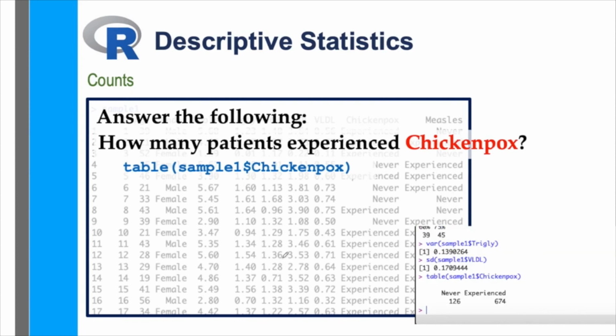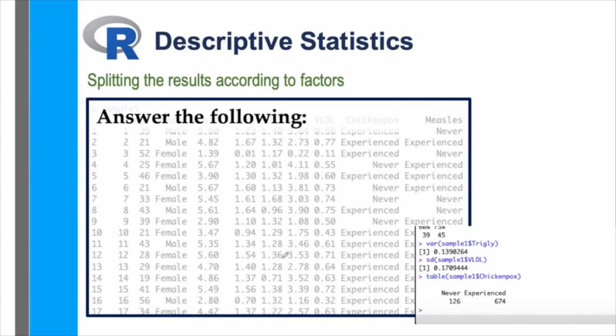So the answer is 674. So again, the table is used for counting. So that's what you have to remember. Next, how about